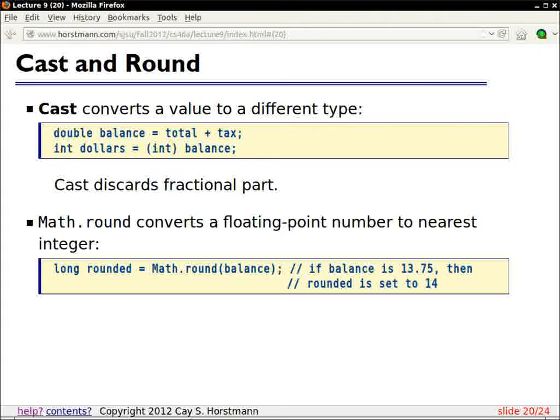All right, casting. Sometimes you have a number that's a floating point number and you want it to become an integer, and the notation for that is somewhat archaic. You take the value that you want, and before that you write in parentheses the desired type, which usually is int, and that will cut off the fractional part. So it'll turn this thing into an integer by discarding the fractional part. Does it round it or does it just cut it off?